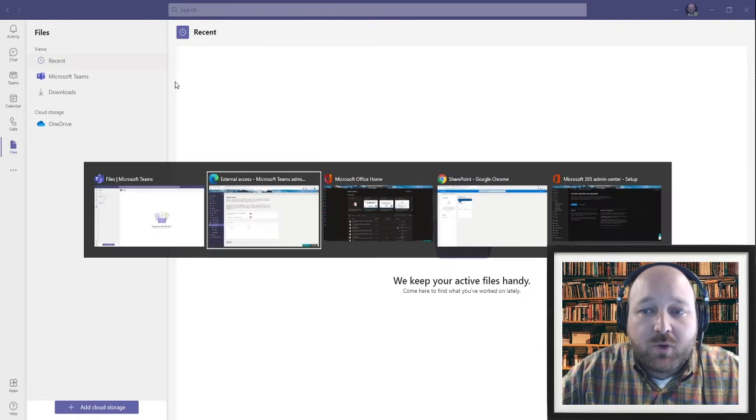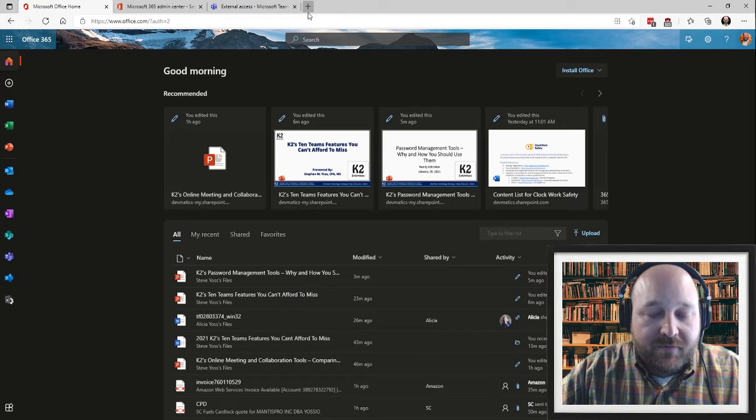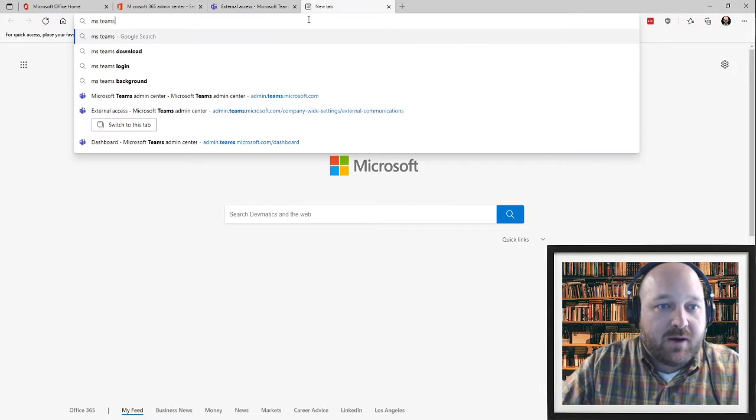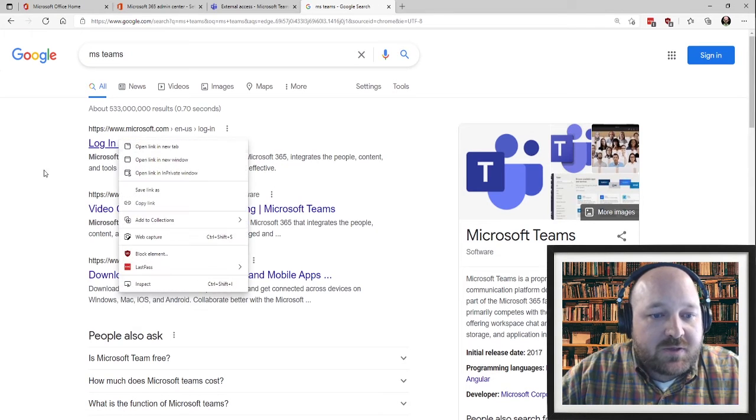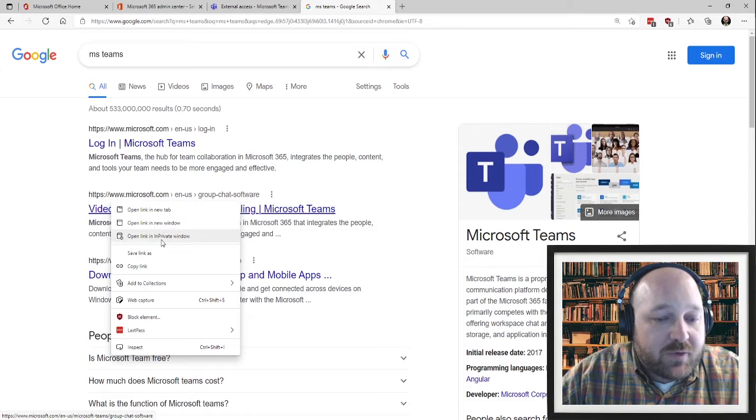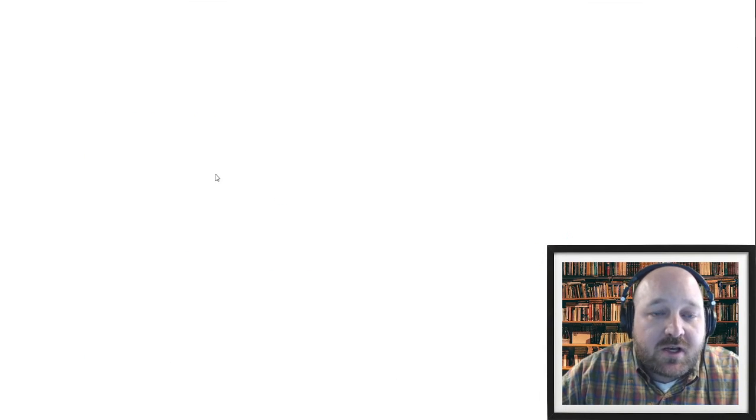Now, one of the other cool things about Teams is the fact that how it is licensed and how it is available to different people for different purposes. Teams is part of, let me just go ahead and pull up their page here. Okay, Teams is part of the Microsoft 365 platform, but it is also available